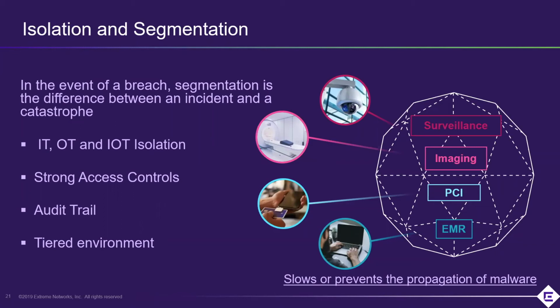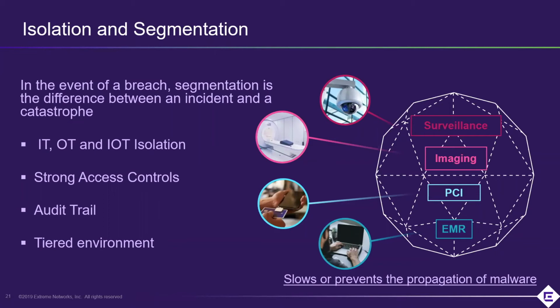That is key, because this slows or even can prevent the propagation of malware, particularly if you have an IoT segment that is isolated. There is no way for it to propagate out of the IoT domain. When you have tiered environments, and let's say you have a master firewall or a series of chains of demarcations, then it allows you to at least slow the propagation, and so you can cut it off. And that has actually been done by some of our customers.